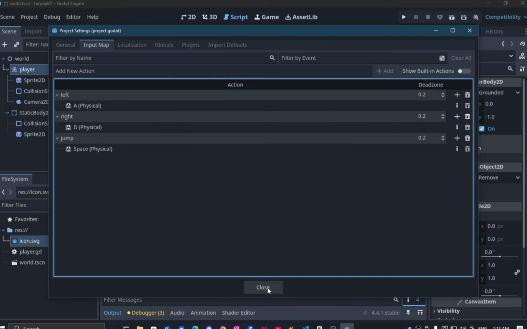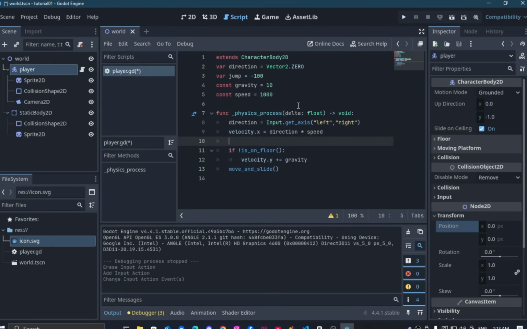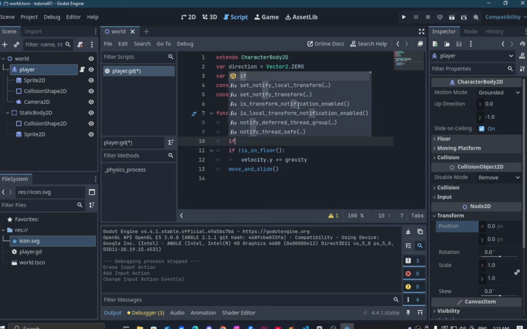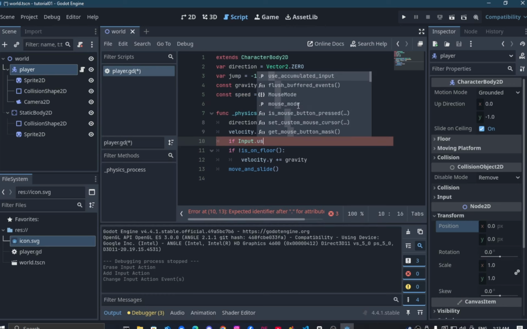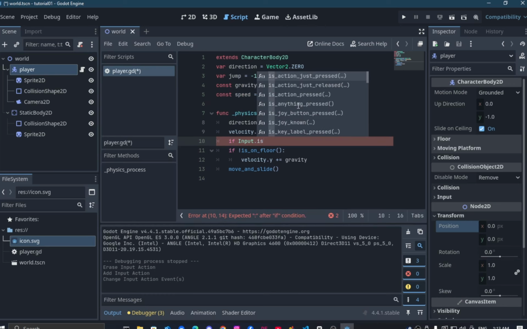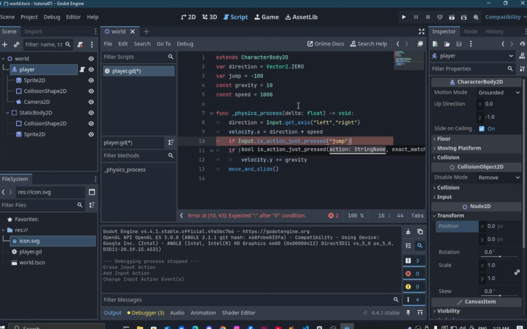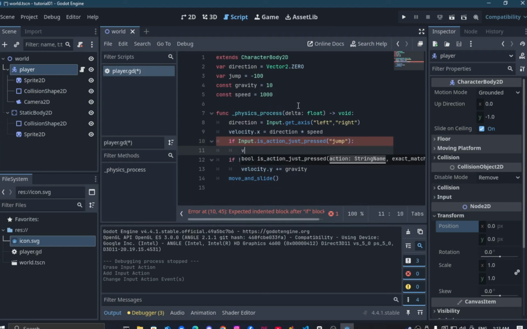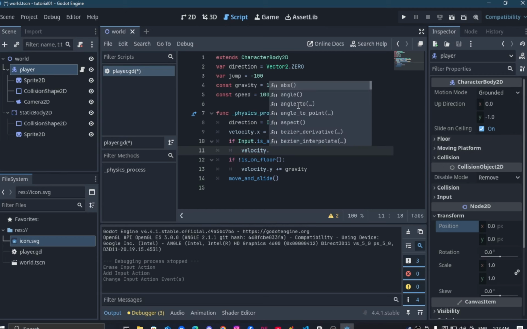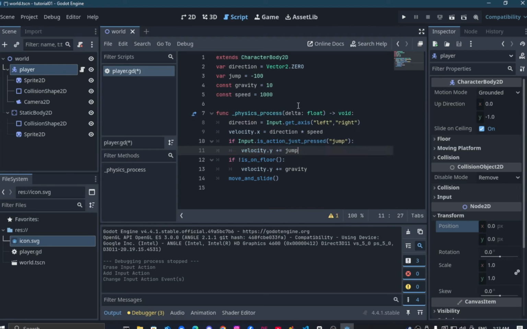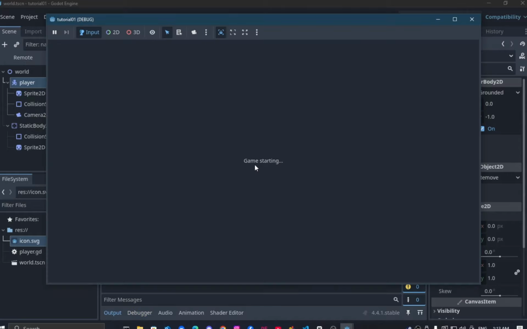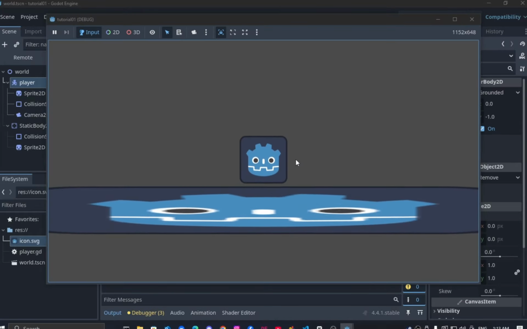Now you're gonna close, go in here, gonna add an if statement. If Input.is_action_just_pressed jump, velocity.y is gonna plus equal to jump. And now when we click, the player jumps,